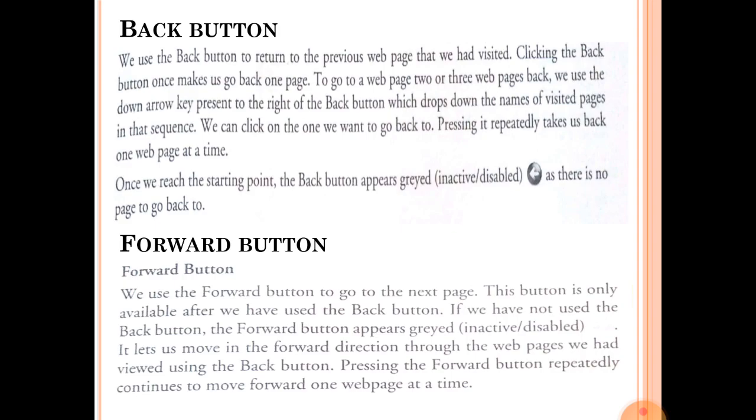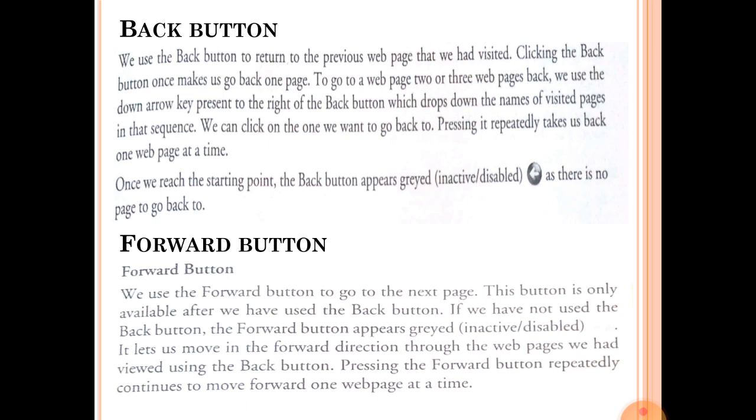I have just explained the back button and forward button. Suppose you have opened a number of web pages of a website and you want to come back to the previous web page.